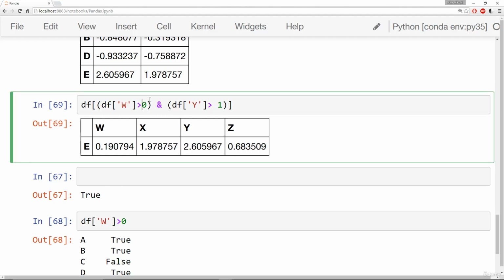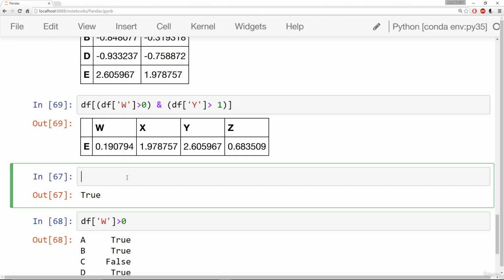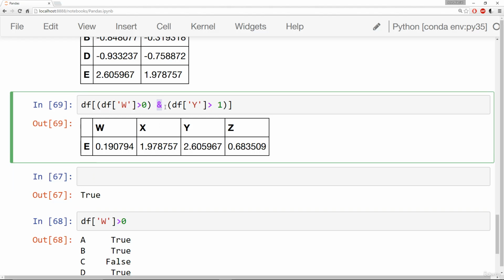Okay, let's go ahead and break that down one last time. When you're trying to use multiple conditions, you can't use Python's normal AND operator. You have to use the ampersand. Then you pass in the multiple conditions in parentheses, and then finally you put it inside of brackets for your data frame. If you want to do an OR operation, you can just replace this with the pipe operator,